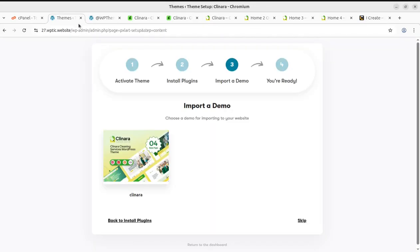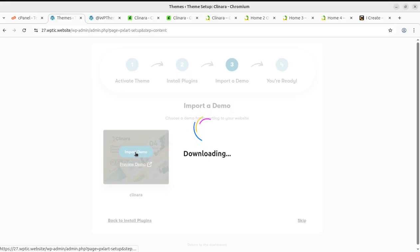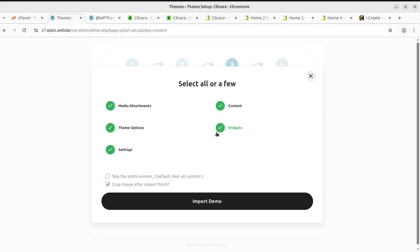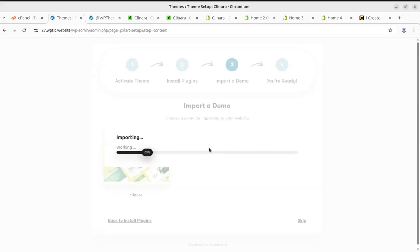Now, we can simply click on import demo, and here the demo content import process is started, and further we need to wait a while because it is connected to the developer server and it is bringing all the necessary things to our installation. So on this next screen, we can simply choose what we actually want to import, but by default all is selected. Considering it a very fresh installation, it is already selected. So okay, by default all necessary things are selected, so we can simply click on import demo, and you